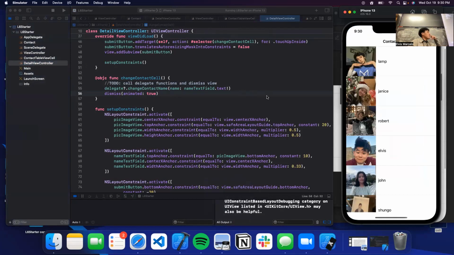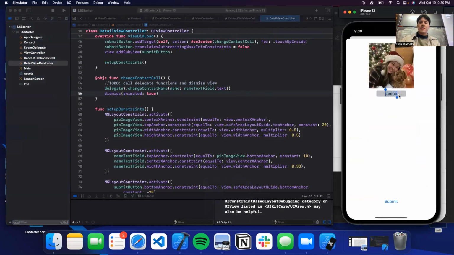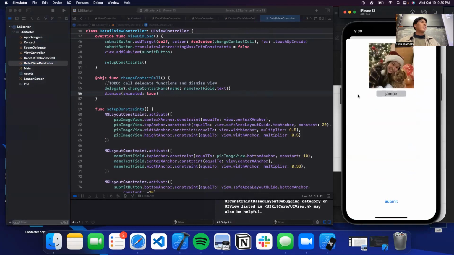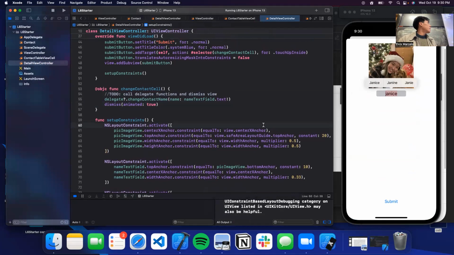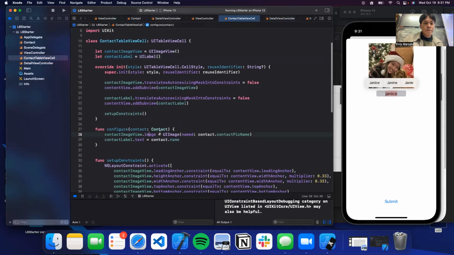If you have it running, then you might have noticed that when I change this name to Jennifer and click submit, it changes, right? Which is great. But then when I go back on it, it looks like it didn't change. So what happened? That cannot be. I literally changed it. So this has to do with the fact that we changed the cell, but we didn't change the data associated with that cell. So if we recall, if we go back to the contact of view cell, or